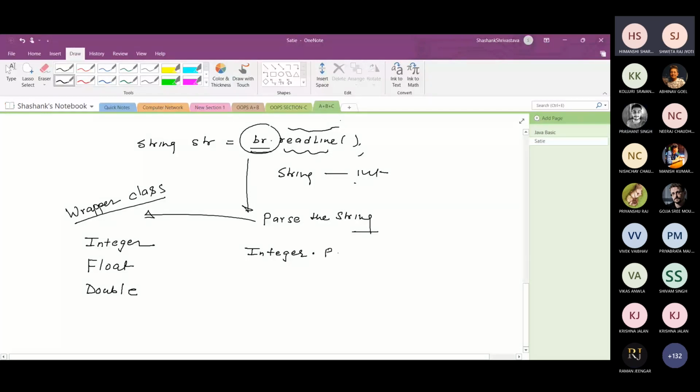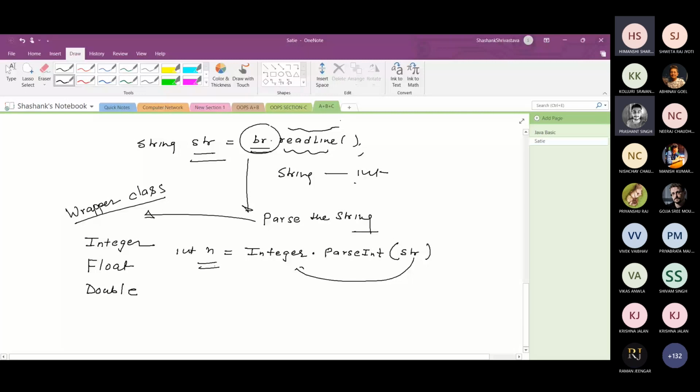Since this is a static method, you can call it with the help of the class itself. parseInt is the static method which takes a string and converts this string into an integer. So if you pass any integer value as a string from the keyboard, you can convert that into an integer.